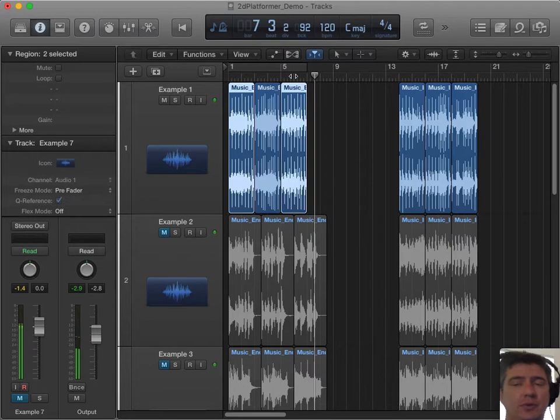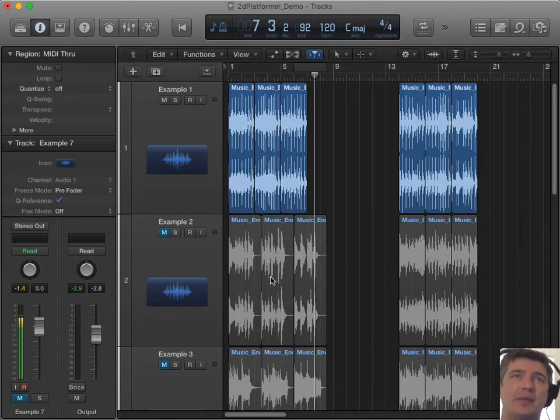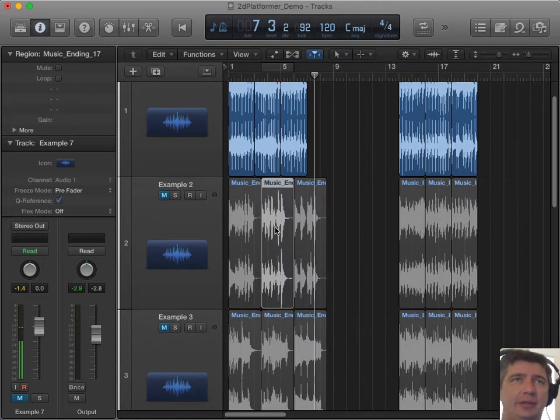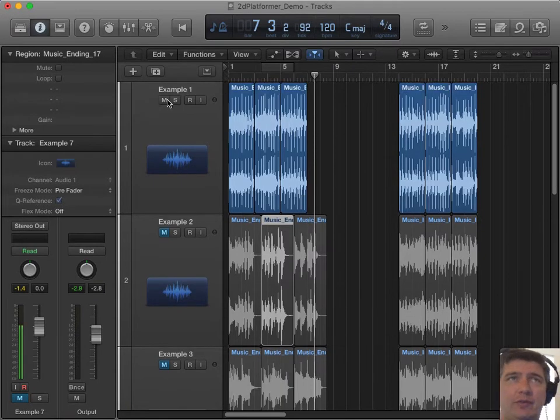With endings, you want to leave enough time to have them fade to silence. See how this actually reaches silence before the end of the file. You want to make sure that you control that, and you don't want it to be artificially cut off. You want to have control of when it fades to silence.